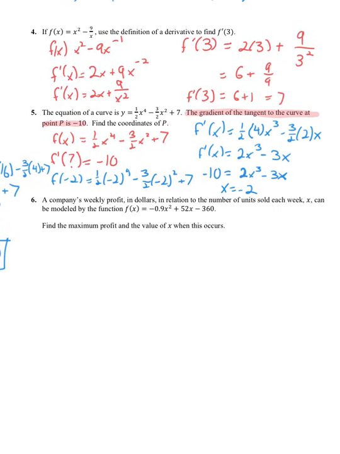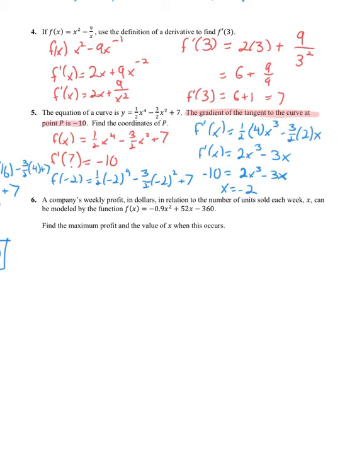All right, last problem here. It says a company's weekly profit in dollars in relation to the number of units sold each week, x, can be modeled by the function f of x equals -0.9x squared plus 52x minus 360. Find the maximum profit and the value of x for when this occurs. So we want to find the maximum profit and the value for x when this occurs. Easiest way to do this one is going to be to graph it. Graphing could be a little bit tricky though,